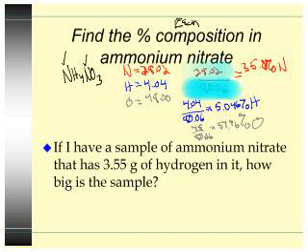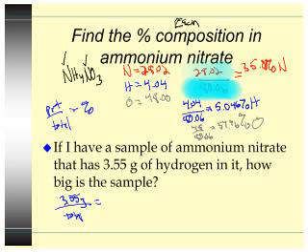If I have a sample of ammonium nitrate that has 3.55 grams of hydrogen in it, how big is the sample? So again, remember, percent is just part over total equals percent. And then I just kind of move the decimal on its own there. So if I have 3.55 grams of hydrogen, that means my part is 3.55 grams, right? My total is what I'm looking for. And I know that my percentage of hydrogen is, notice I'm kind of factoring in that times 100,